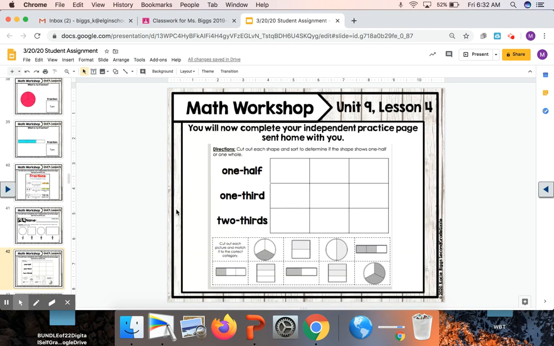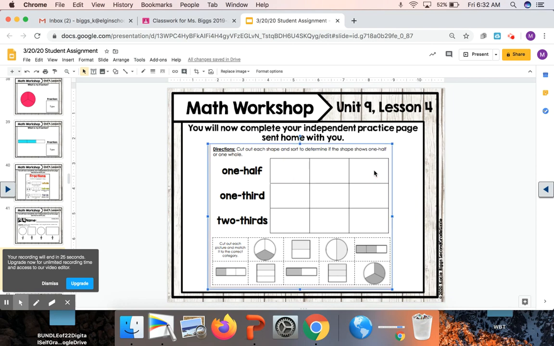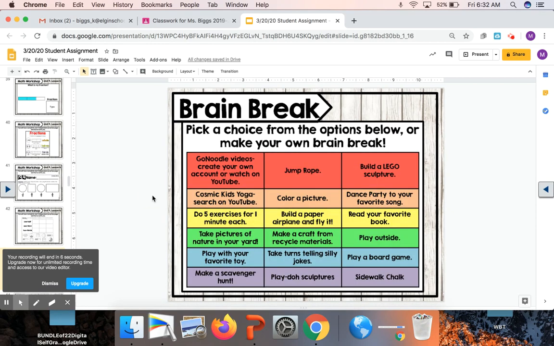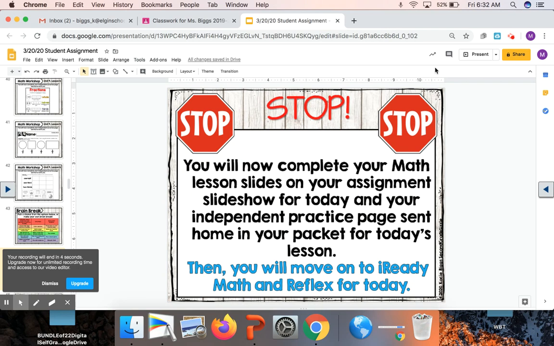On the bottom of your independent practice page, you are going to cut each shape out down below and determine if the shape shows 1/2, 1/3, or 2/3. So make sure you're paying attention. You're going to cut out each picture and match it to the correct category. So you're going to put it in the correct row. 1/2, 1/3, and 2/3. Then you can take a brain break. You will now complete your math lesson slides on your assignment slideshow and